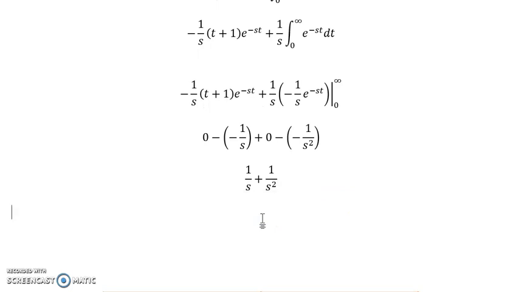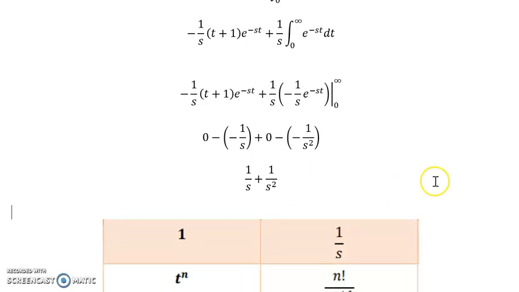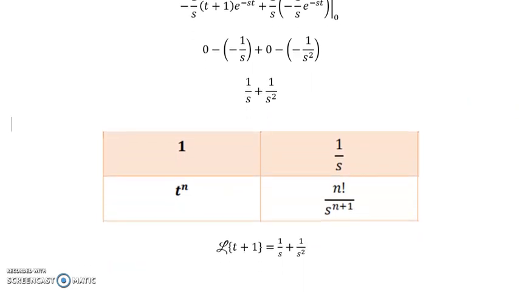Now, we want to be able to verify this with a table, because most of the time we're not going to calculate this by using the definition. Instead, we're going to calculate the Laplace transform by using the table. And so I've pulled up a snapshot of the table that gives us formulas for both of these terms. So for t plus 1, the 1 portion is going to become 1 over s, so that's this term right here. And t to the n, in this case, t to the 1,